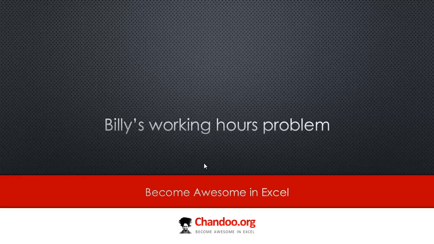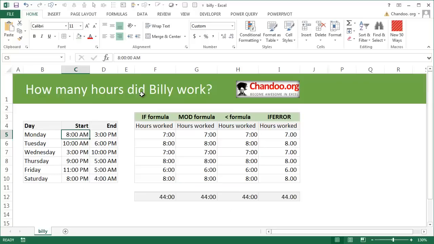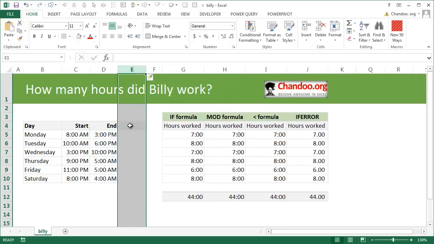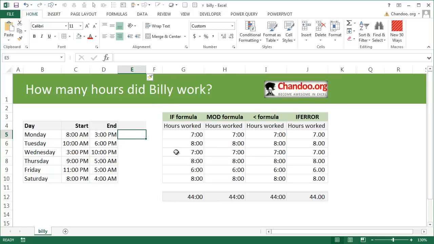So I'm going to show you an example file and walk you through the process of coming up with a solution. And let us understand various techniques that will go with this. I'm going to insert a column here, and for the time being, ignore that section. We are looking at various start and end times. Now Billy started at 8 a.m. and ended at 3 p.m., so obviously the difference would be that minus that,